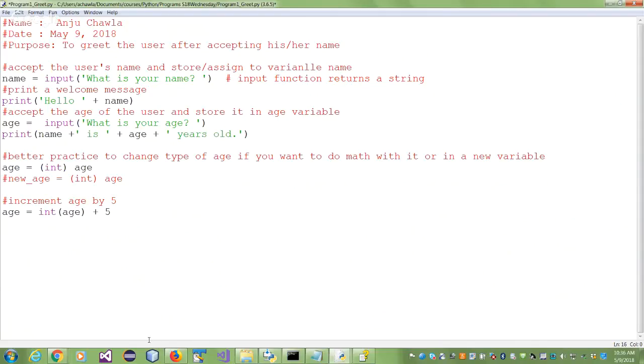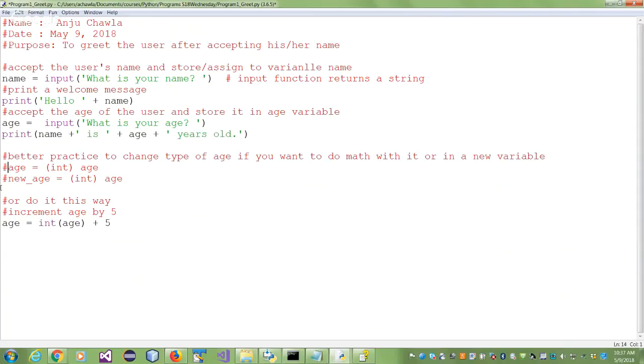And of course, this is also possible. What Min said was also possible. There's nothing wrong in it. Absolutely nothing wrong in it. He can take the age or you can do it this way. So whatever works. All three will work. But of course, you're not going to write all three. You will choose one of them. Choose whatever you like. So I can convert age into int and put it in age.